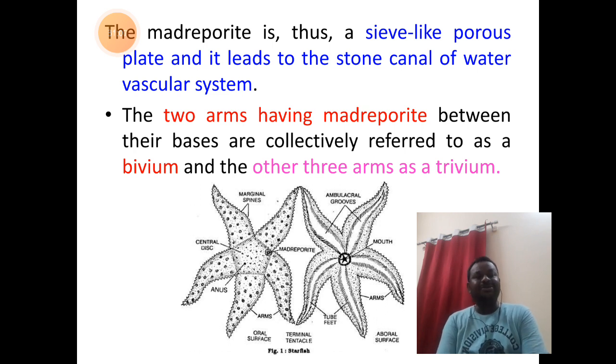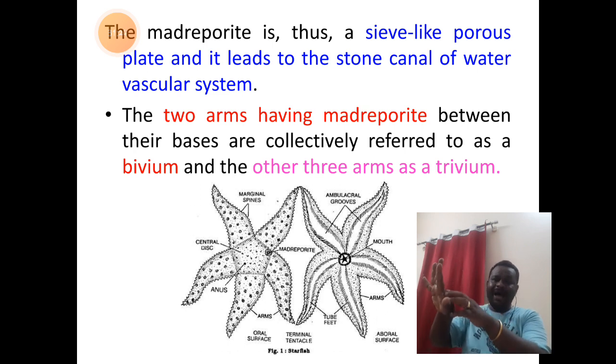And we have also understood that Madreporite is a subcircular flat opening of a plate that we find as a groove structure seen at the base of any two of the 5 arms. So, if there are 5 arms, at the base of any 2 arms you find the structure of Madreporite,